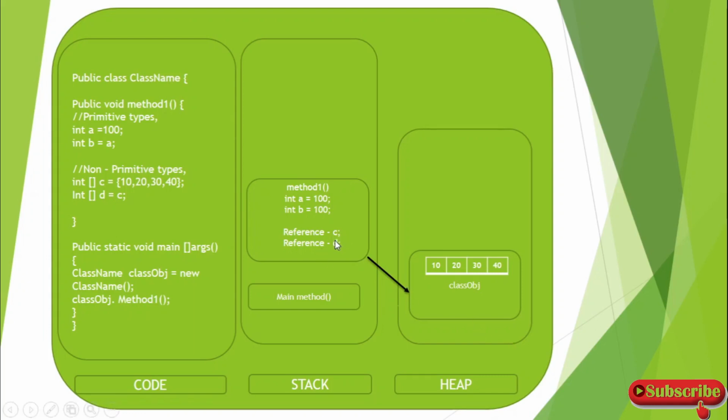Okay, and both this c and d will get pointed to this space. So this index that is being created for this integer array, both the reference c and d, because d is copied with the c value, so both these references will get pointed to this integer array. Okay, and this is the second point we have seen. And now let's see what is the third point.